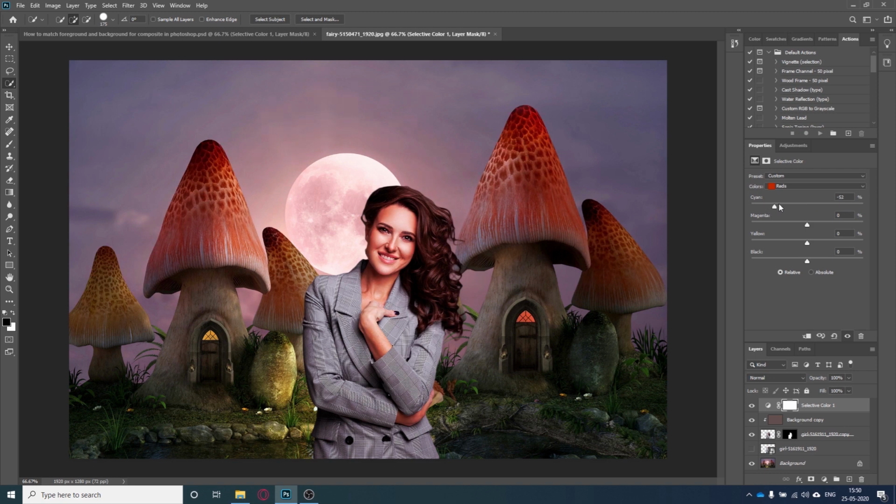Now it's looking good. I can play with the magentas like this. Great. So now let's play with the yellows. Now you can see we are getting a very good image.